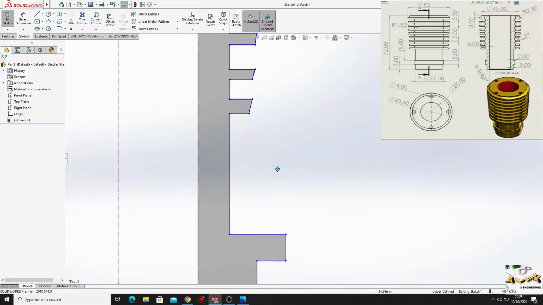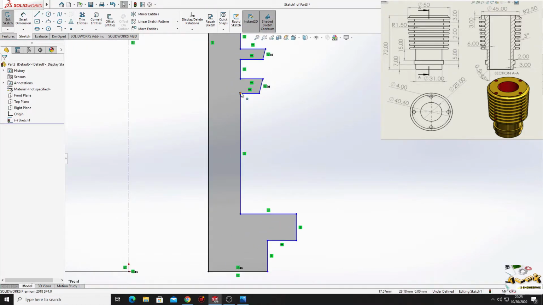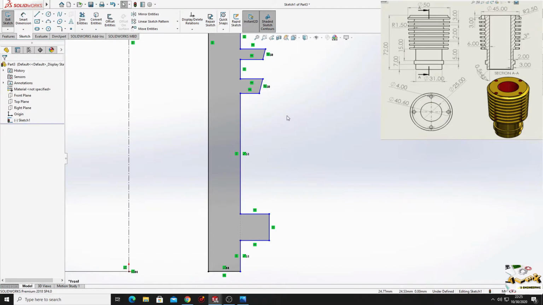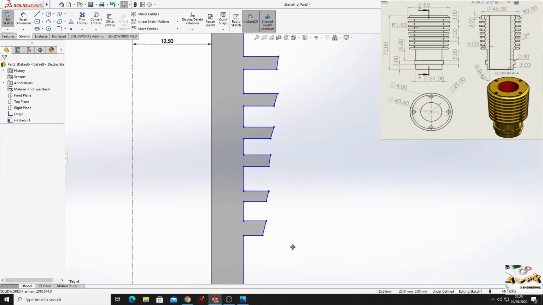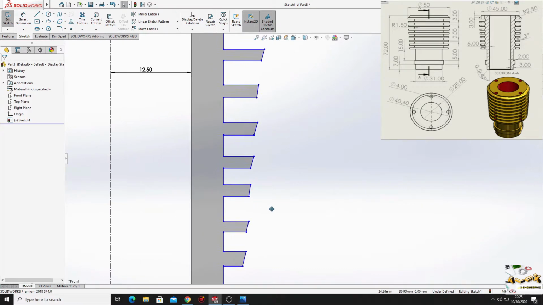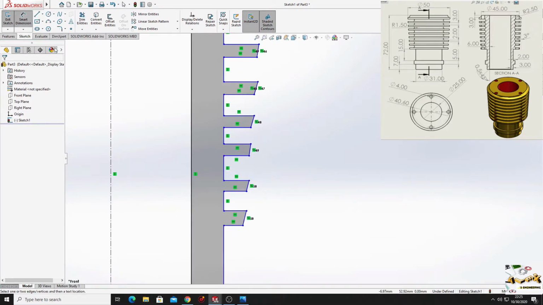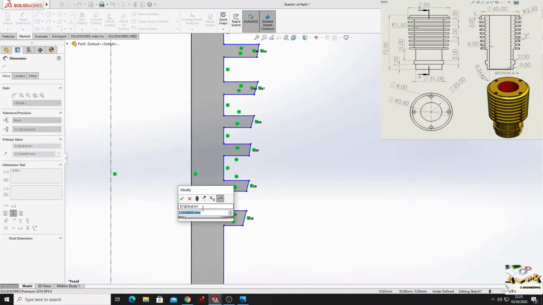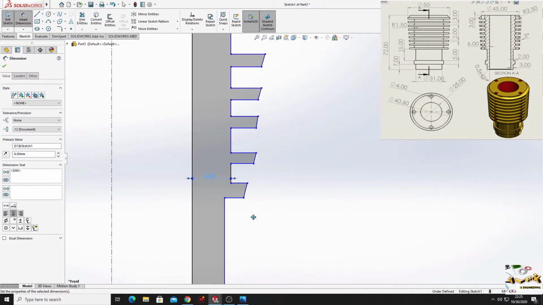And now just make this line right here, make these two collinear. So now we have 1, 2, 3, 4, 5, 6, 7, 8. This is perfect. Okay, now we'll have to give here a dimension. So from this line to this line, here will be 6 millimeters.